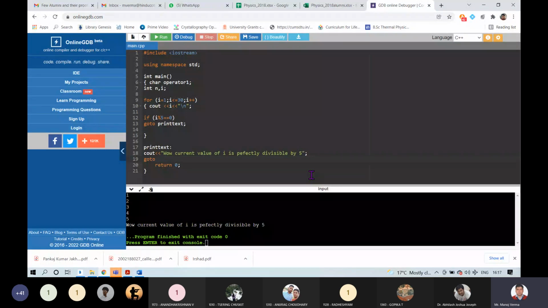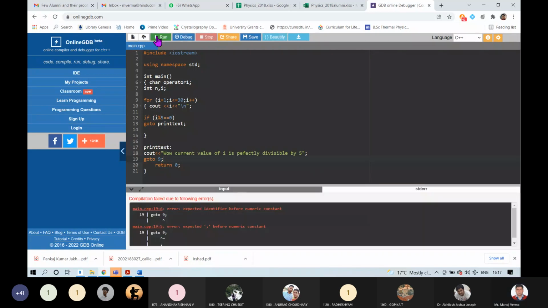Go to 9, what it will do, it is changing to blue, but I don't know. Okay, no, it will not. This problem you have to see, how we can rectify this.